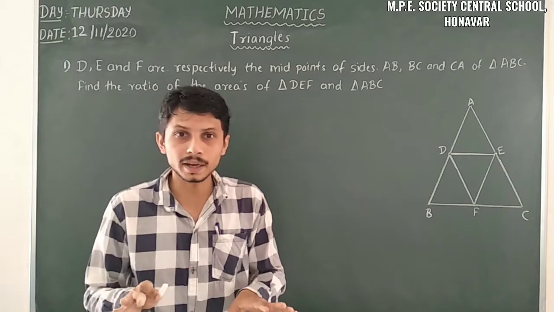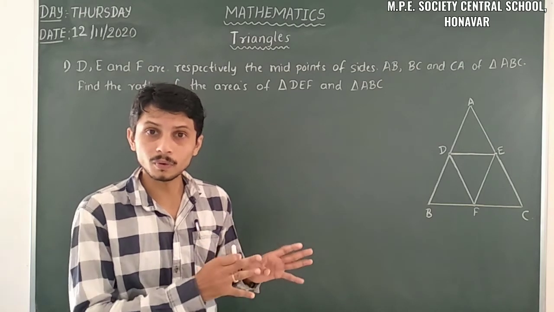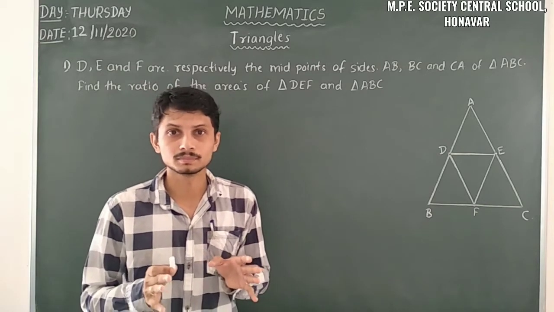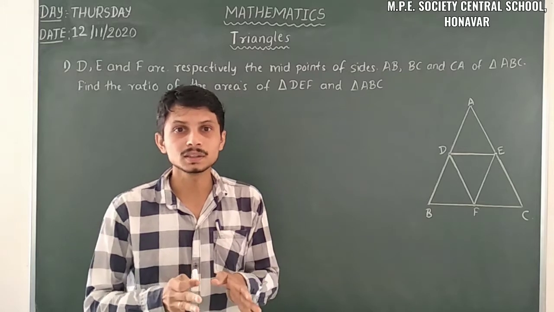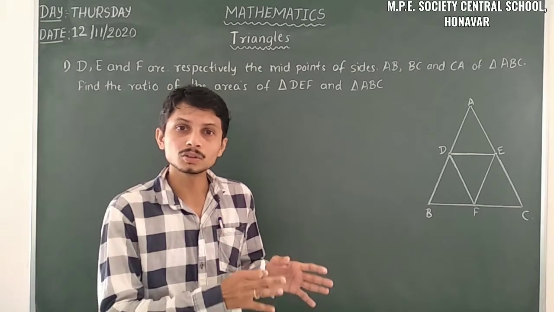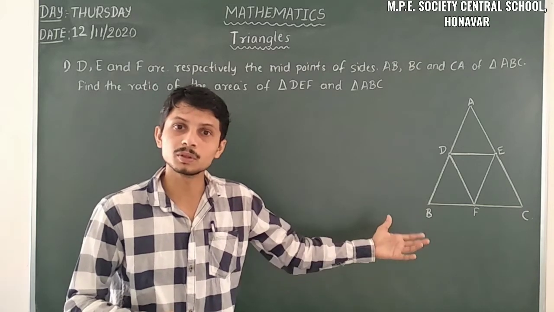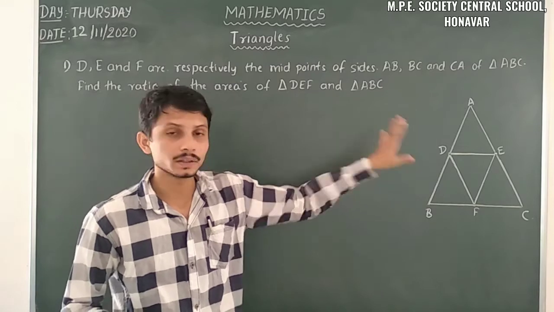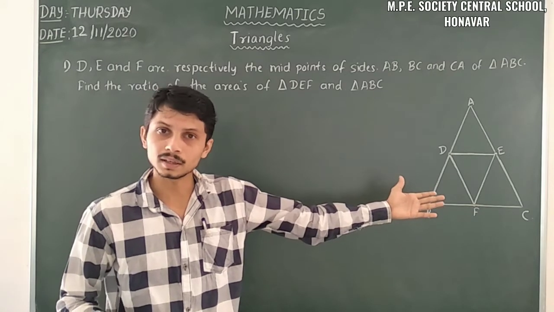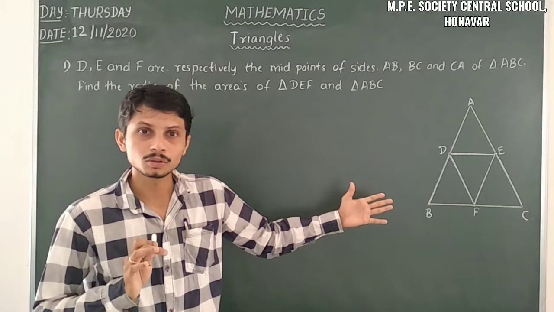But it is not given that those two triangles are similar. When we find the area of the triangles, we need similarity. From theorem 6.6, the formula applies to the areas of similar triangles only, so we have to take similar triangles when we use that formula. But it is not given that triangle ABC is similar to triangle DEF. We have to find that out here. That is the challenge we have to accept.